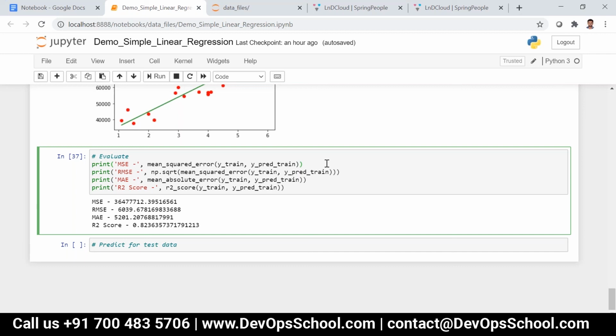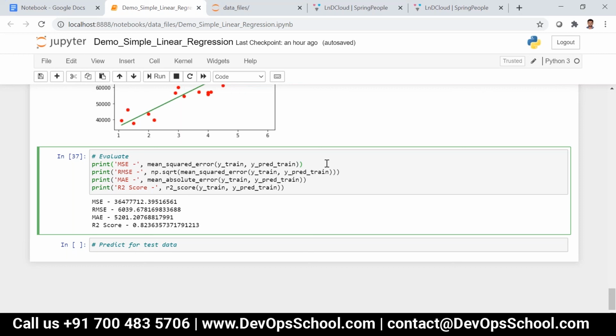Mohan asks: to improve the accuracy rate, it is just about giving more training data, that's the only way, right? No, that is for this particular problem, that is the only way. For example, if we have more features, then we can give combinations of the features, which we will see during multiple linear regression.